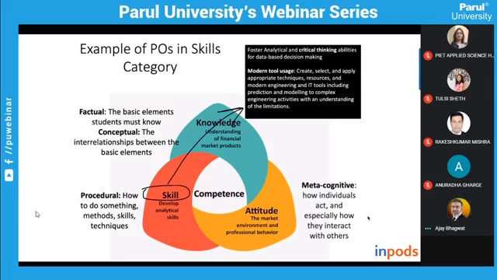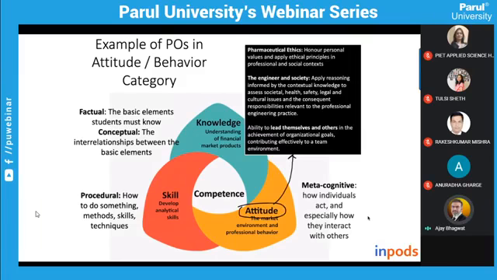And if you look at the examples of attitude level POs, which could be like this: the engineer and the society, or leading themselves and others in the achievement of organizational goals. So this is all about the metacognitive knowledge. And metacognitive knowledge itself is not taught separately through a course. There can't be a course easily designed. Maybe the psychologists may differ with my comments, but this metacognitive knowledge is sprinkled in all the courses.